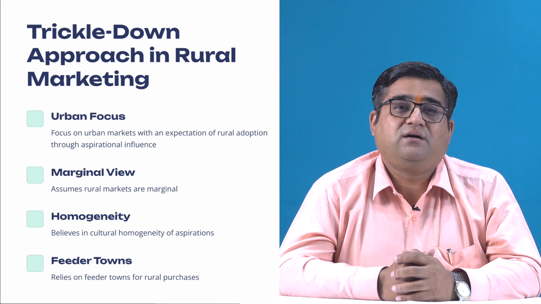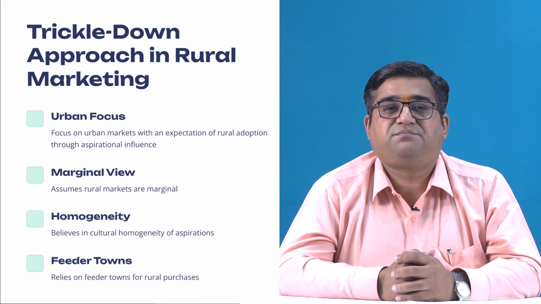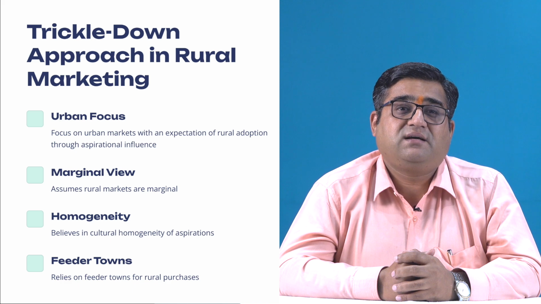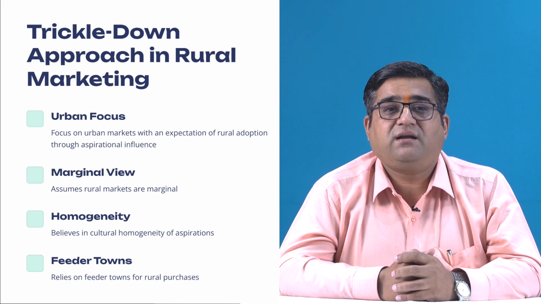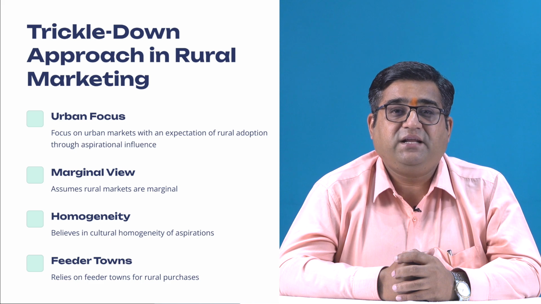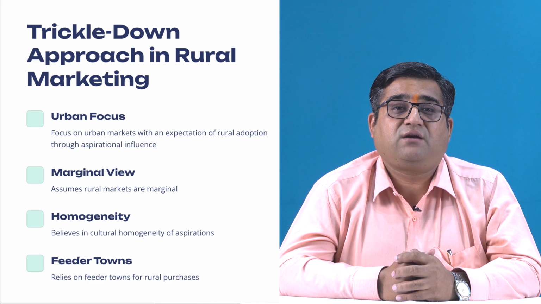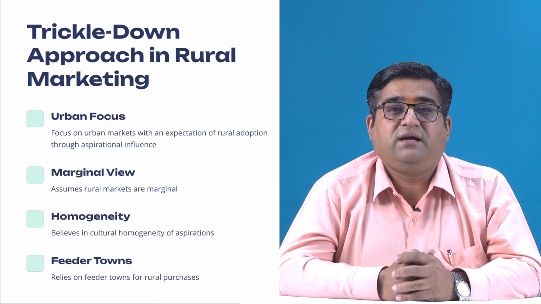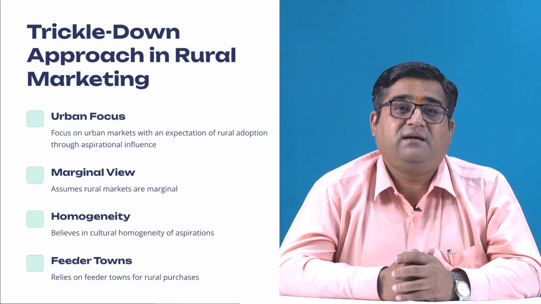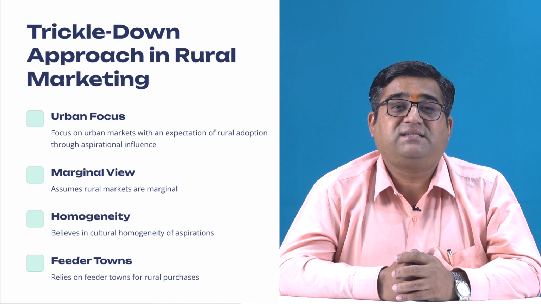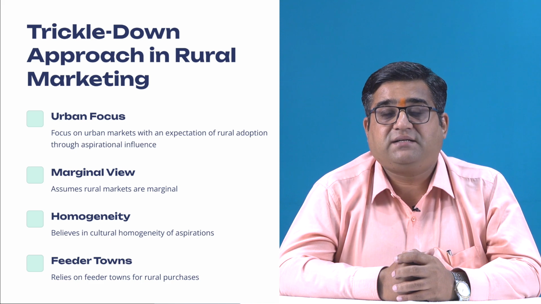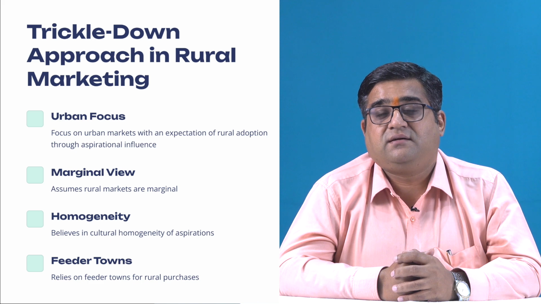The second is cultural homogeneity at the aspirational level. Another core assumption is that rural consumers, especially the wealthy ones, aspire to imitate the lifestyle of the urban elite. Companies believe that rural aspirations are not fundamentally different from urban desires, particularly in terms of brand preference, style, and consumption behavior. These aspirations are thought to be shaped by media exposure, migration patterns, and peer influence. The third one